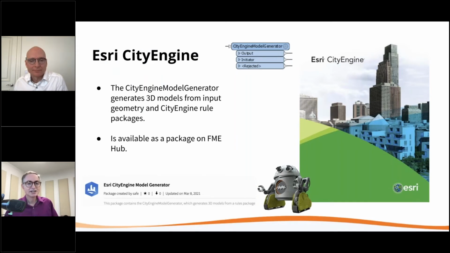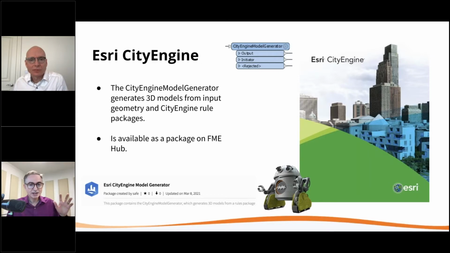And CityEngine, another Esri one. In this case, Esri made available a runtime, if you're a CityEngine customer, that could be called, and so we've integrated that with FME. The idea is you go to CityEngine and author your rules that can do amazing stuff. But the most common is you give it 2D building footprints and it makes you the city of Paris afterwards.